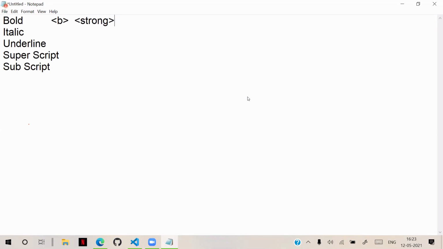Both will give bold, but when to use B and when to use strong? Generally, strong is used in review mode. Review mode means somebody has already designed the page. After designing the page, they sent it to you, so you are superior to him. You have to